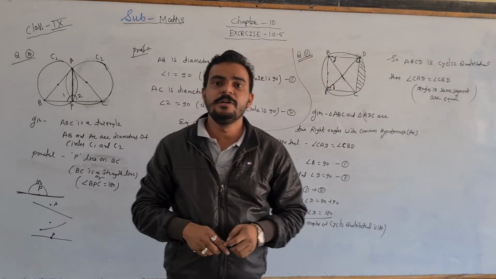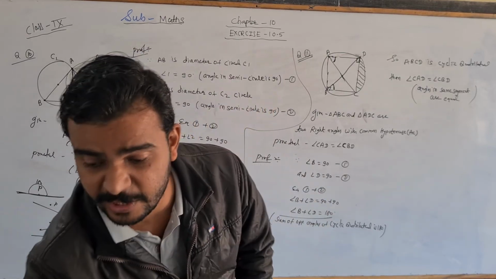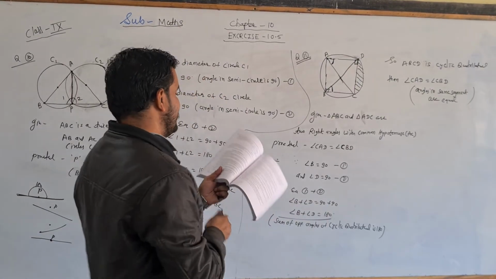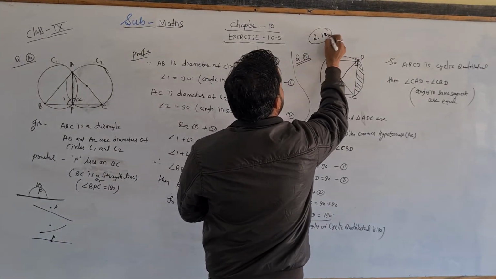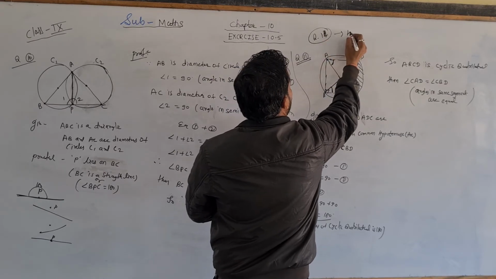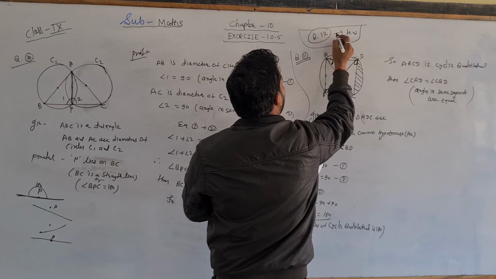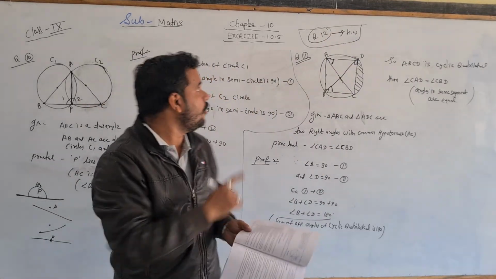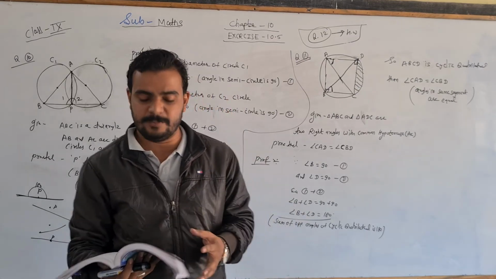I hope you understood. So just take the screenshot and solve this question one more time at your home. Only one question is homework from the exercise. Question number 12 is your homework. So you just try to solve it at your home. This is too much easy. Only in this exercise, only one homework. Question number 8, yesterday also I did not give homework. So now the homework is question number 12. Just try to solve. Once I explain question number 12 also.